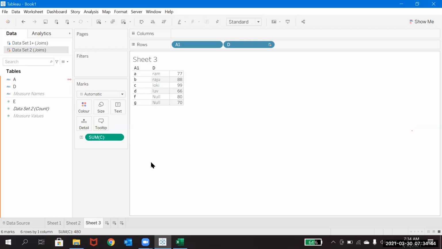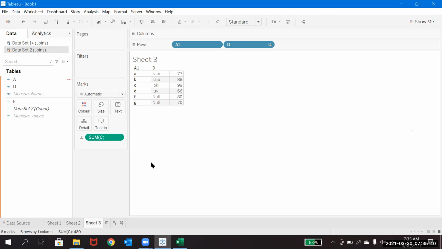Okay, so first let me tell you generally. Yesterday we started with joining two tables, I mean combining two data sets. When the blending or joins concept comes, I'll tell you, and based on that you will understand.